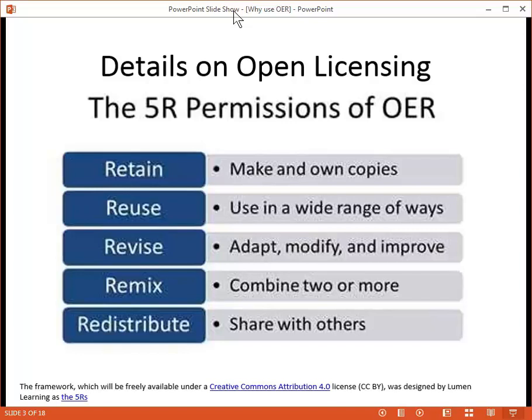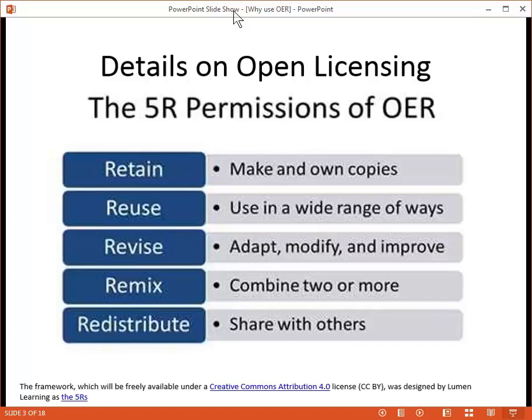Retain means you can download and keep copies for as long as you like, as can the students. Reuse means you can use the content in a variety of different ways. Revise means you can change the resource, add to it, remove from it, adapt it to best suit the content